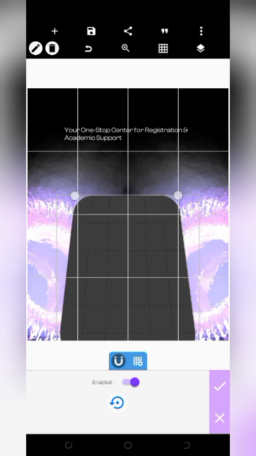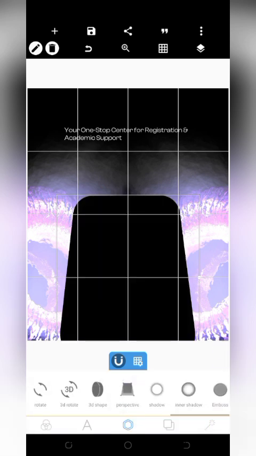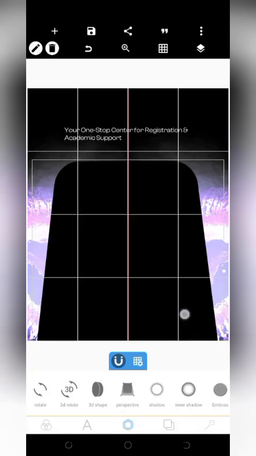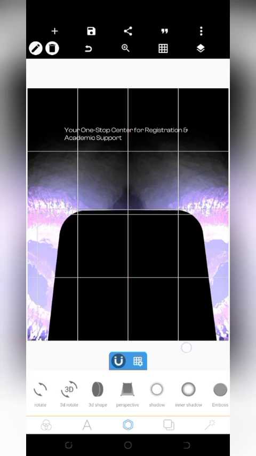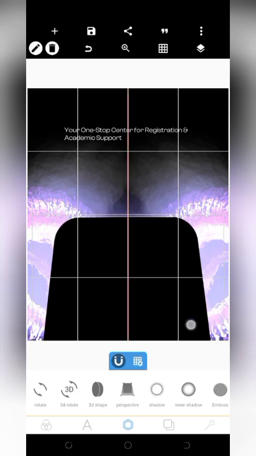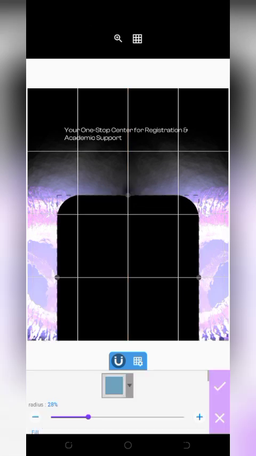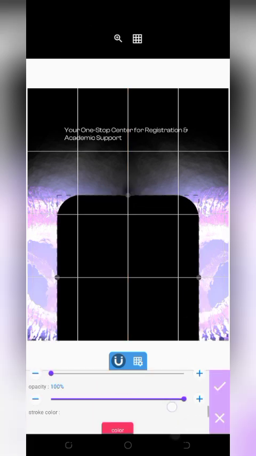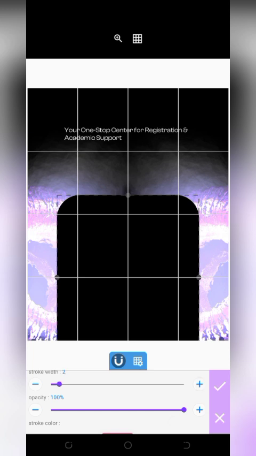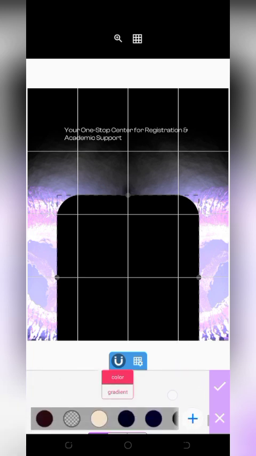So now, since that is done, you can tap on your check mark here and readjust. You can increase the size and place it there. But one more thing I left out from the creation of this rectangle was when I was editing the shape, I added a stroke. You can keep the stroke size at 2 and the color, make a gradient color,